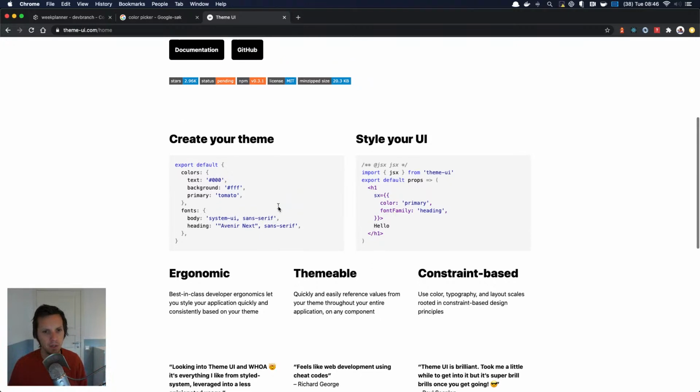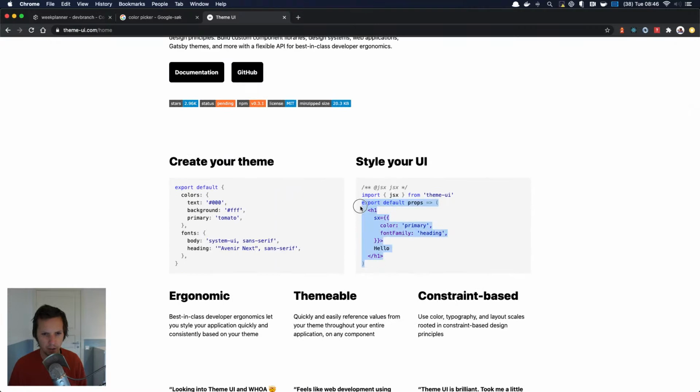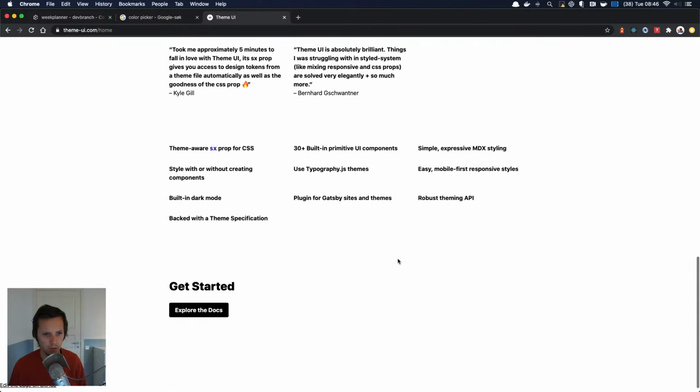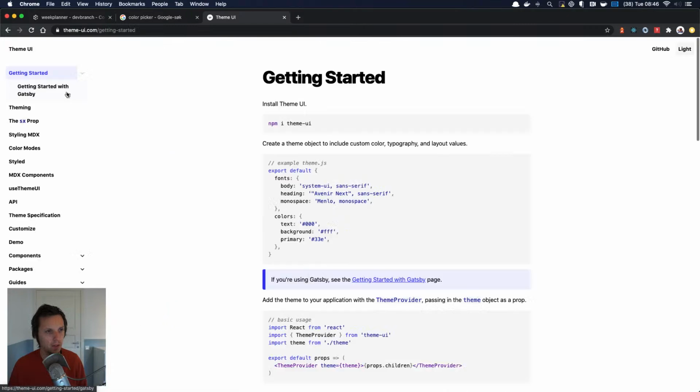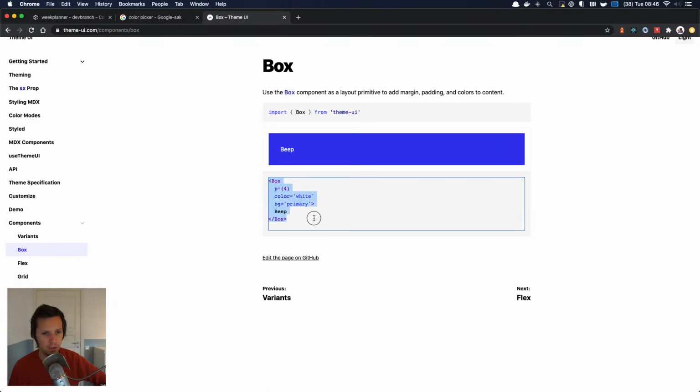So what they're doing here, do we have a proper example? Explore the docs. They have this base thing, I believe. Components. Yeah, so they have this base of a box, and this box has a bunch of properties that